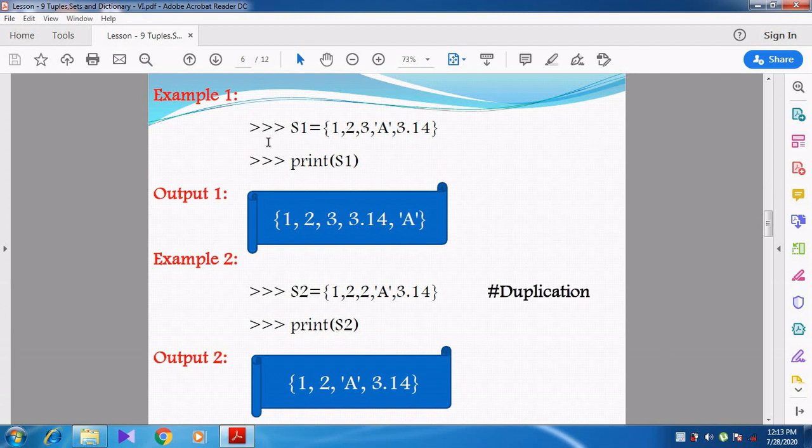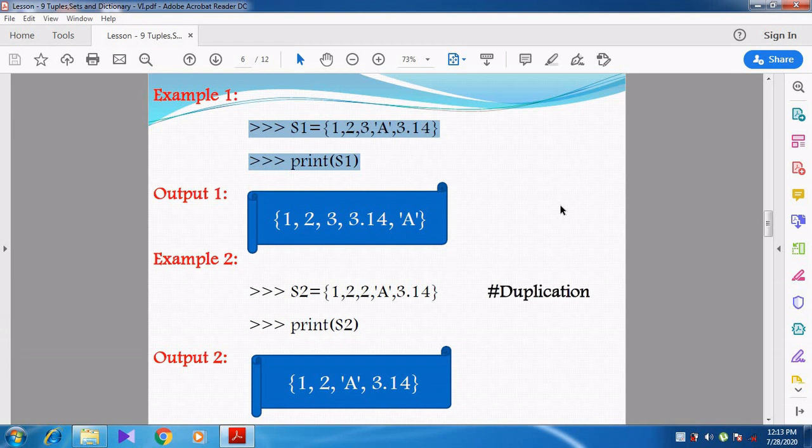See here we can see the example of how they created the set and how they are printing the elements in the set. Here S1 is the set variable: 1, 2, 3, then A, and then 3.14. So totally there are 5 elements.